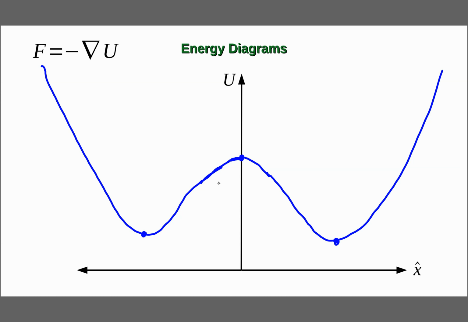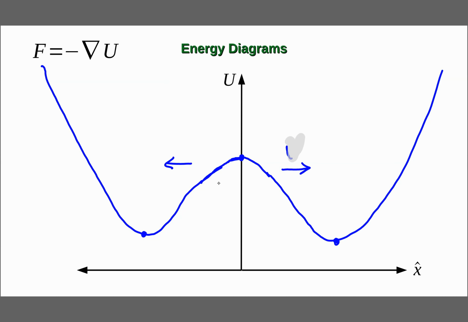And right up here at the top, where there's a local maximum in the potential, I'll have zero force on the object. This local maximum will also have a derivative that's equal to zero, which means there's no force on this point, which means it's also an equilibrium point. But you can see in this one, the slope on the left over here is positive, which means that the force will be negative. And on the right the potential has a negative slope, which means that the force will be